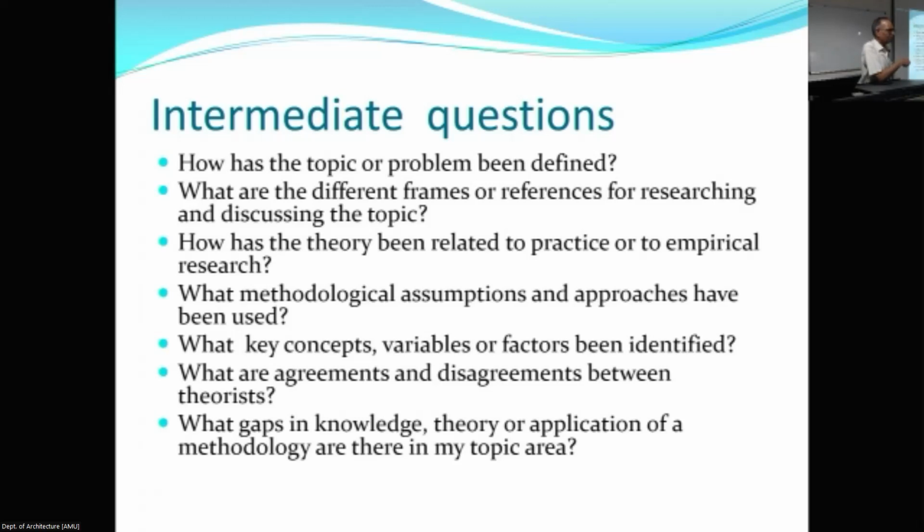How is the theory related to practice? There are some things which are abstract. They have no relevance in practice. It's not applied. Maybe you come out with an idea about something which has no practical relevance. Key concept variables you get to know, and you also get to know where people have agreement as far as the various ideas and various research are concerned, and where there is disagreement, whether it is in conformity or it is not, whether they are in conflict. You also get to know about that,